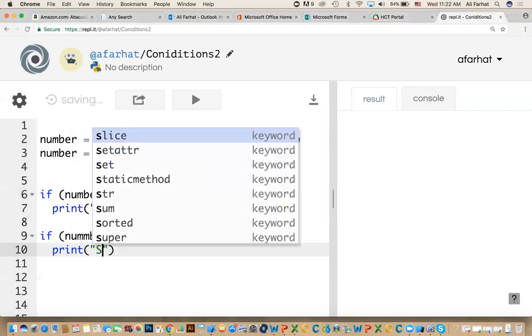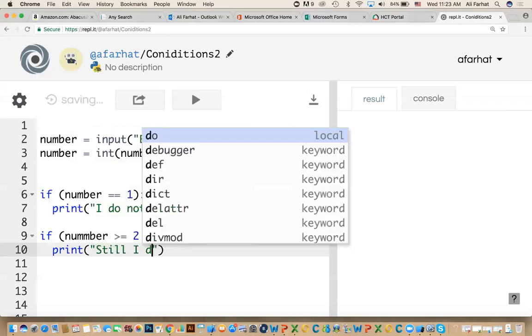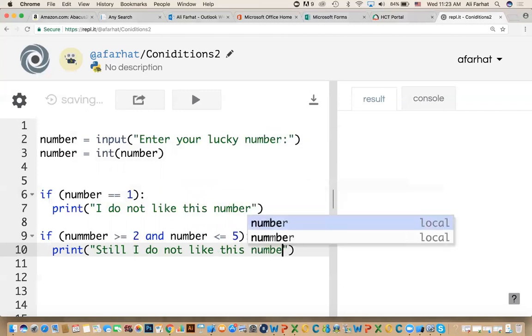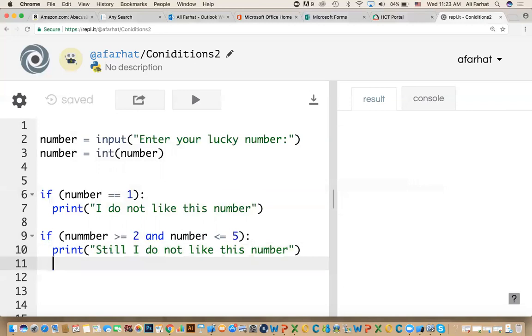Still not my favorite number. Okay. I do not like this number. But again, you can do it your own. I'm just coming up with these examples, right? Okay, now